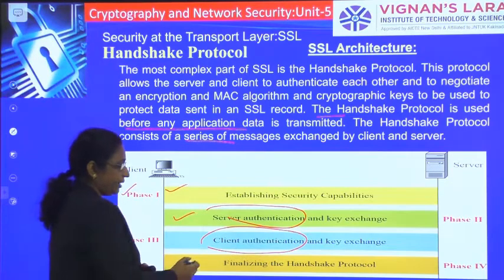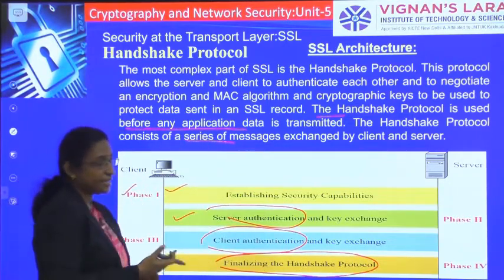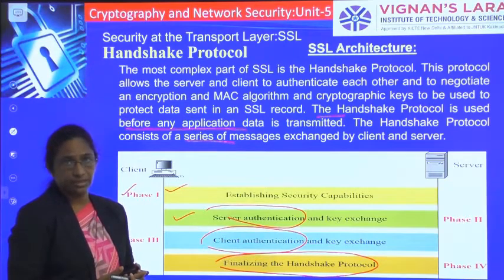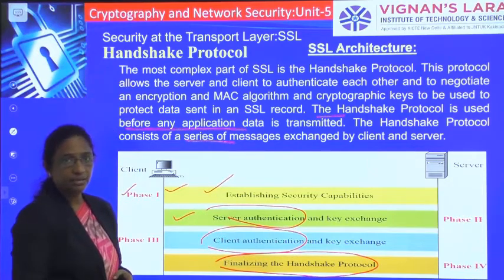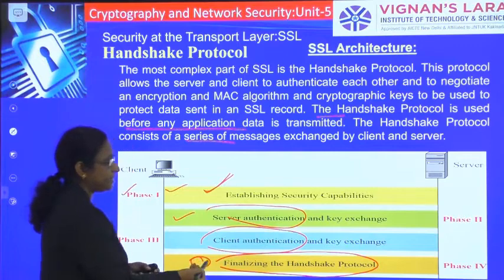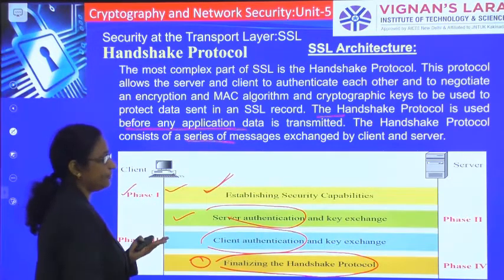After doing that, we finalize the handshake protocol, in the sense that we update the cipher suite algorithms, whatever cipher suite algorithms we have set here. All of those will be updated in this final phase. So those are the 4 phases.